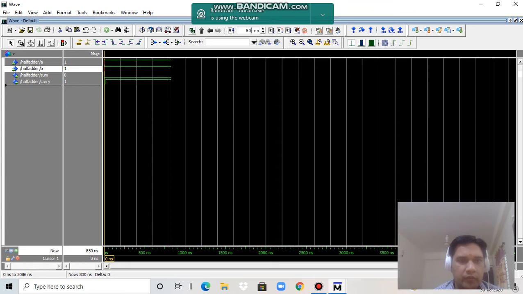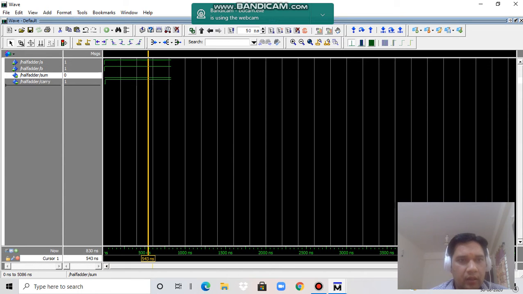So these are the outputs which we are getting here with the inputs A and B as 1 and 1, because sum is the XORing of the inputs. So the sum value is 0 and carry is the AND term, A and B. So 1 into 1 gives a 1. So we can verify it here also.